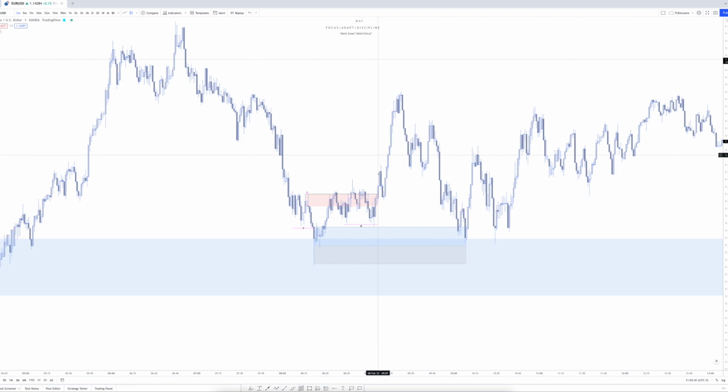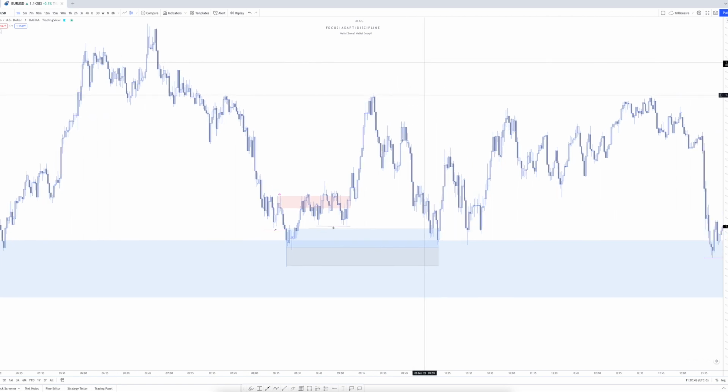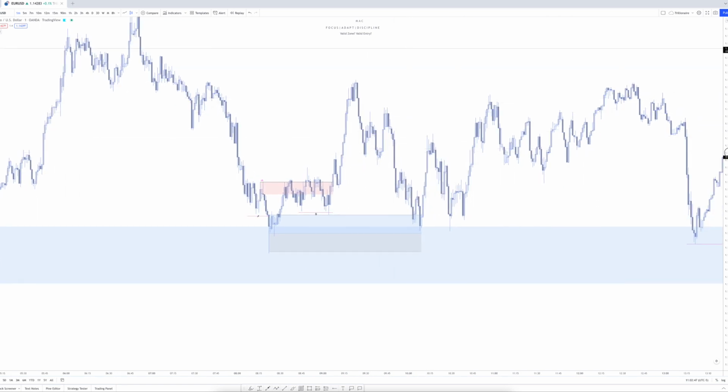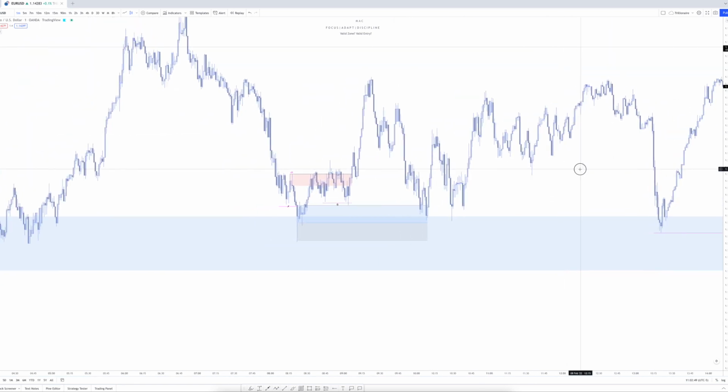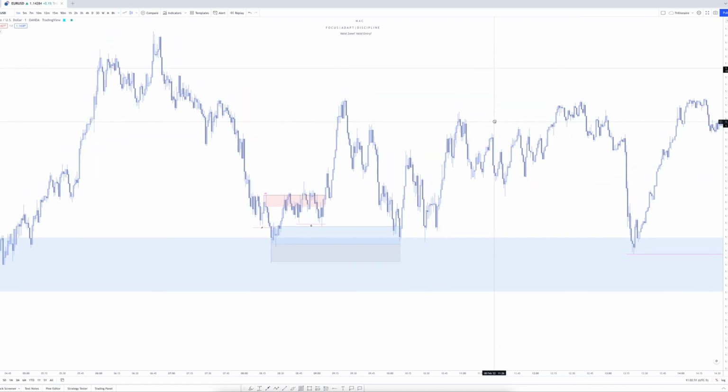We see that we have a supply failure and a change of character. Price continues to push to the upside here, all right? When that happens, I don't want you guys to freak out, right? Students of mine, you guys already understand the market is made to make us feel some type of way. As long as we have our psychology on point, we're good to go. We see that price returns back to our entry, or excuse me, back to the demand that was responsible for flipping our supply here, okay?